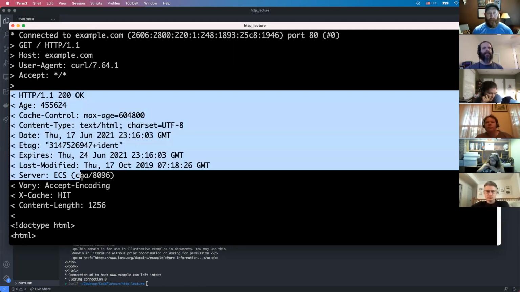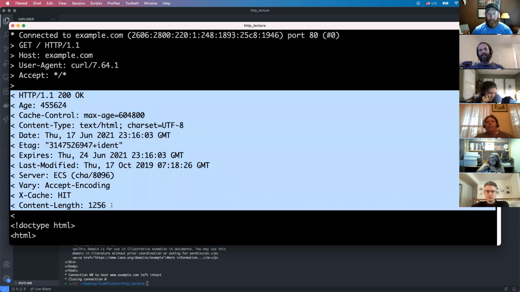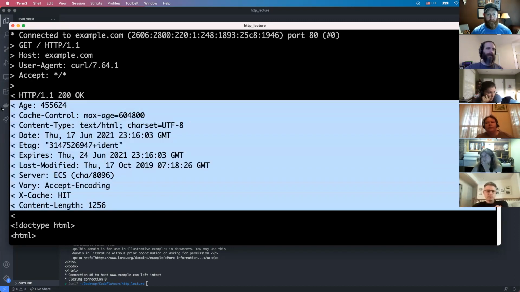And when the server responds, the server gets your request. It's listening for requests. It gets your request and says, "Oh, I just got a request," and then it sends a response. But it has to follow this protocol. It can't just send you whatever it wants. It has to follow this protocol, and